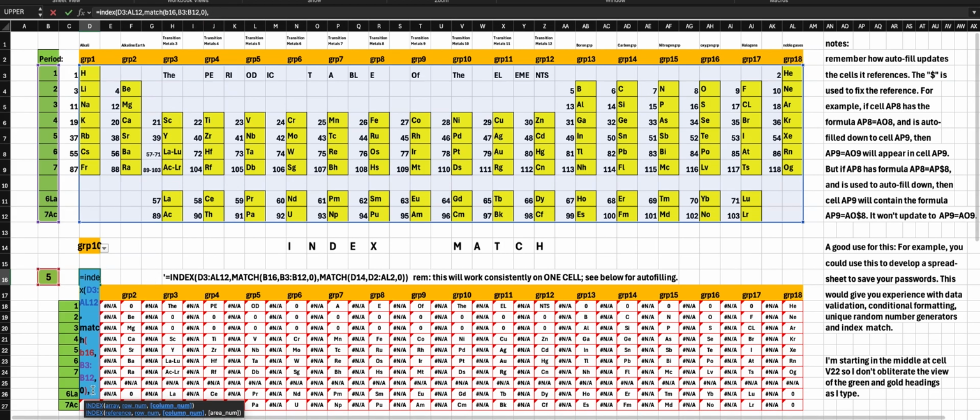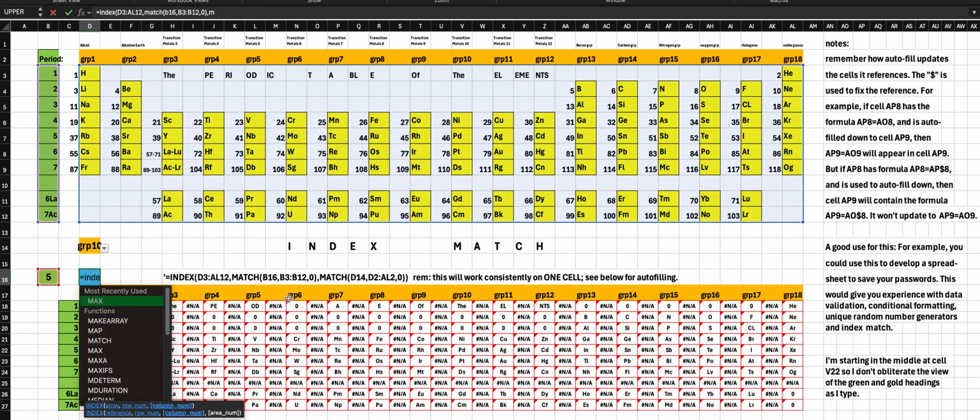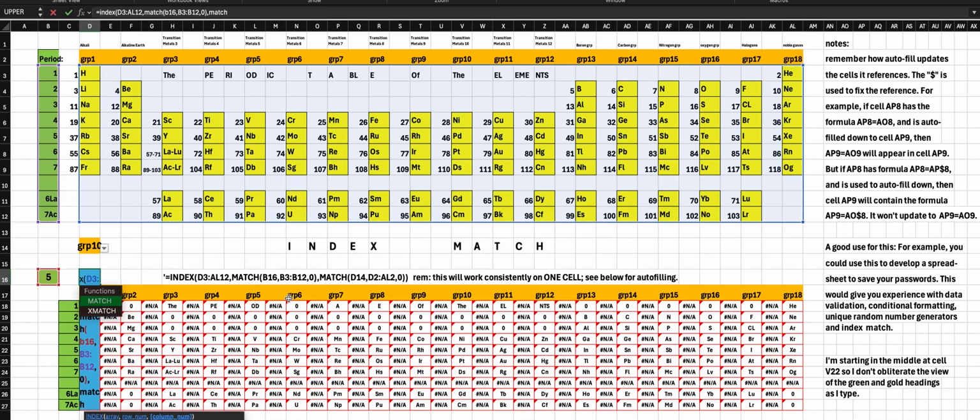Well, it's way down here. I'm going to put in match. And we're going to match now this right here. That's D14. So D14, again, it'll default to uppercase D, and then comma, and the lookup array for this is